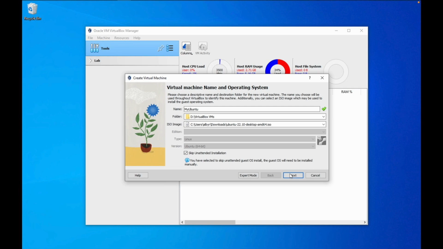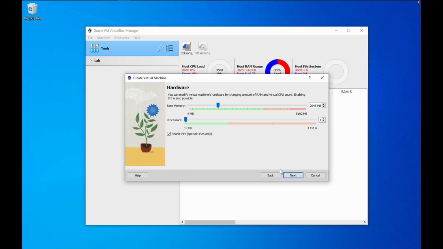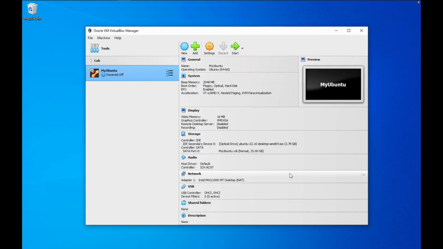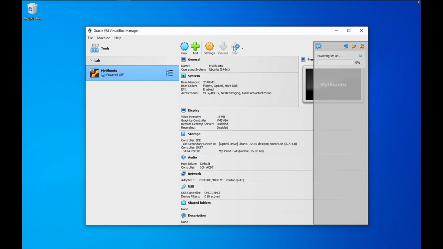Next step is to assign the resources to the virtual machine. Default values are fine for us. So let's move forward. Okay, now we can start the virtual machine in order to complete the installation of the operating system,